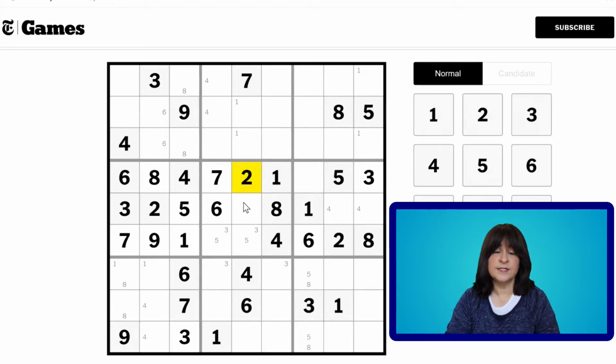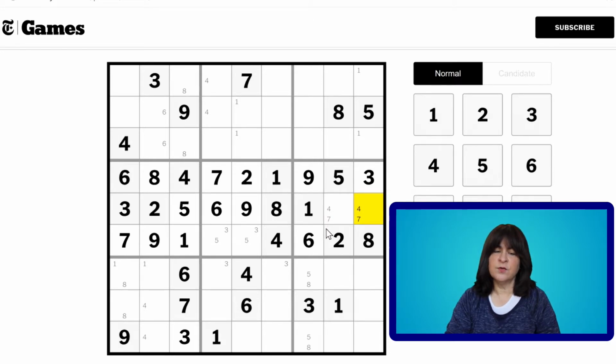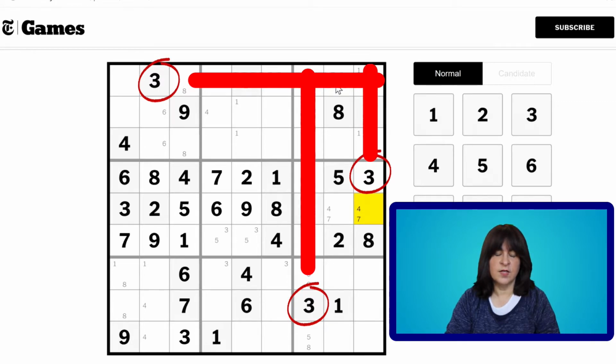And now the 9 is missing from this block, so I can put the 9 here. And in this row, there is only 1 cell left, so that has to be the 9 as well. And now there are only 2 cells left in this block, and so what's missing? 4, 5, the 7 is missing, so these 2 cells are either a 4 or a 7. Now let's look around. Oh, the 3. Here there are 3 3s, and they're all intersecting into block 3, so the only place left for a 3